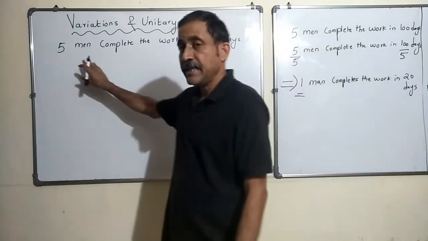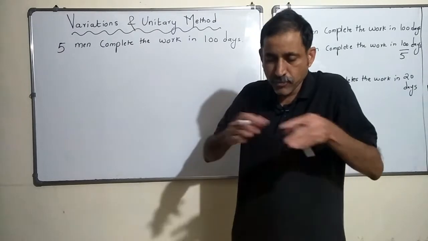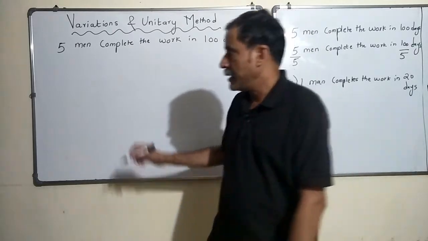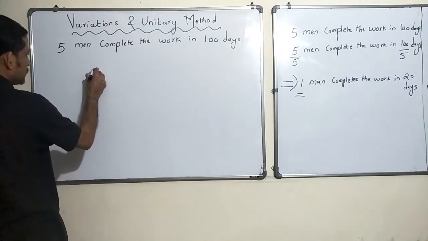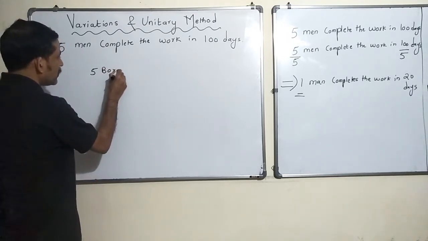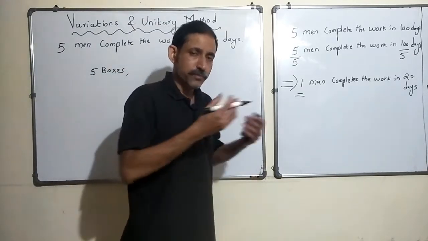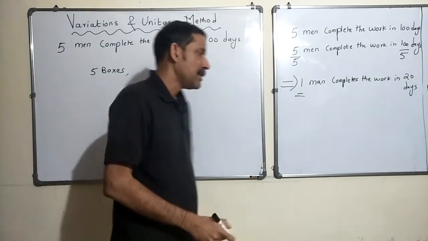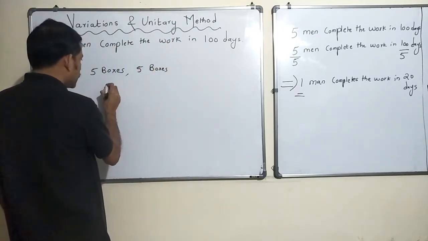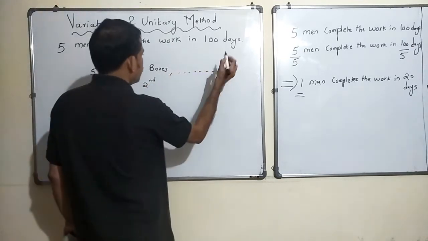So on the first day, each man will get one box, correct? His work is to do whatever is supposed to be done in that box. He completes that work, he goes. So at the end of the first day, 5 boxes worth work is done. Again on the second day, 5 people come, they are each given one box, they do their work and finish it on day second. 5 boxes worth of work is done. So first day, second day, and each day it continues till the 100th day.